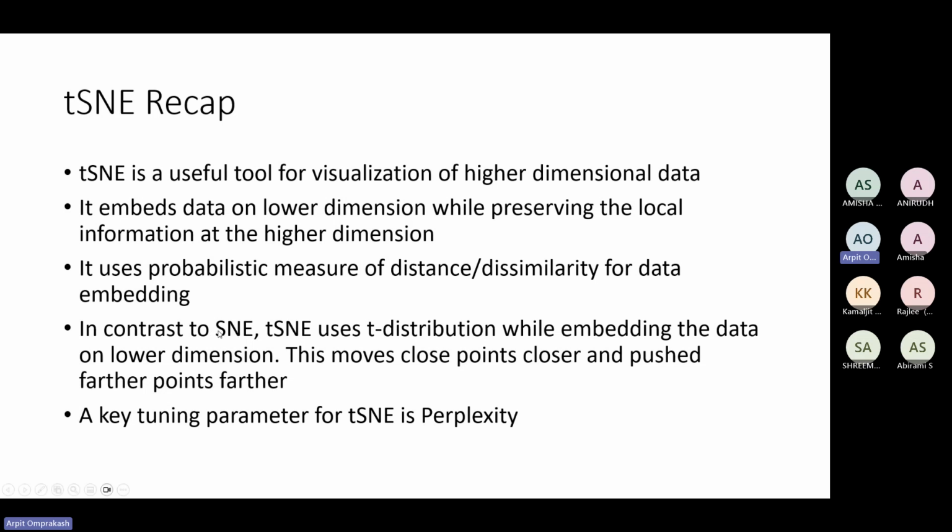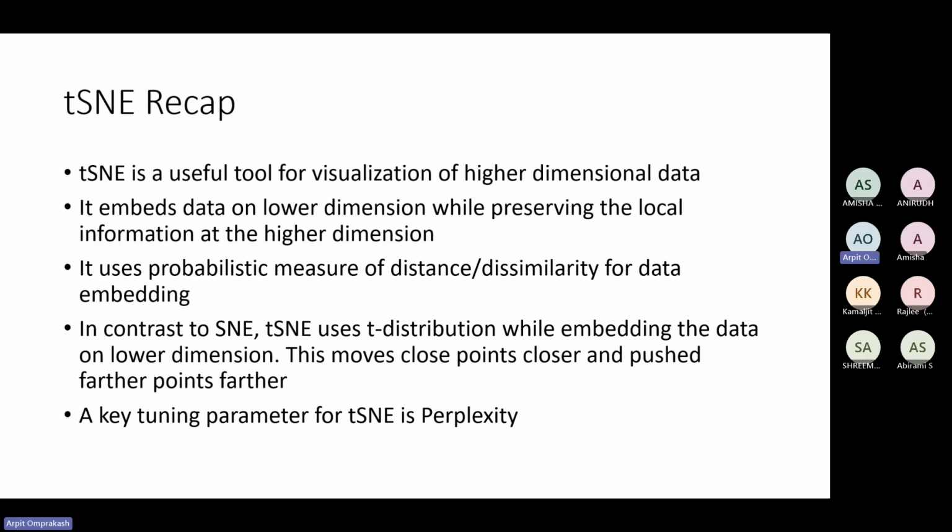Okay. SNE, stochastic neighbor embedding, basically uses normal distributions in both cases, when we are doing the lower dimension transformation and the higher dimension transformation, whereas t-SNE uses a t-distribution while embedding the data in the lower dimension, but uses a normal distribution on the other side, on the higher dimension. Okay. So this t-distribution basically moves closer points together and pushes farther points